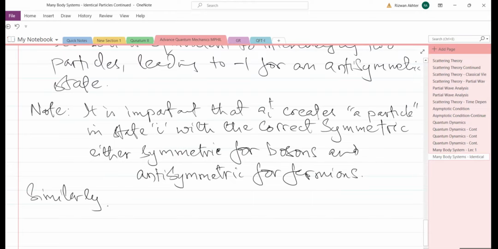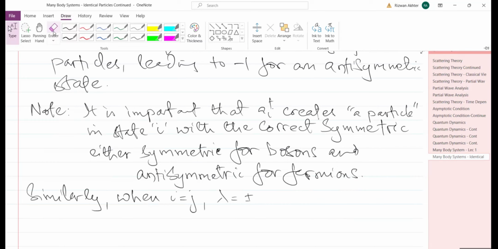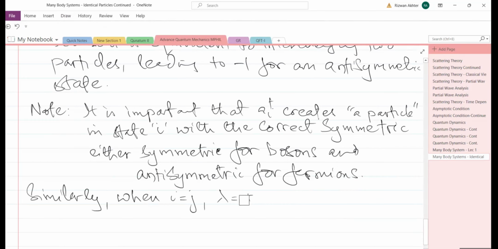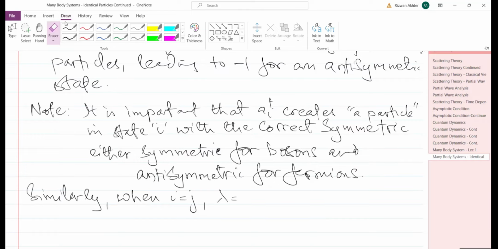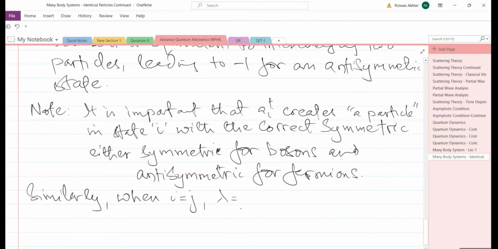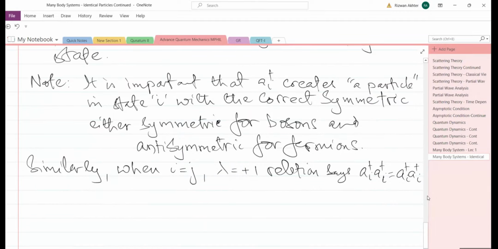Similarly, when i is equal to j, that is the state is the same, lambda equal to plus 1 relation says that A_i dagger and A_i dagger, since we set i equal to j, and we took the value of lambda as 1, both are equal. Whereas